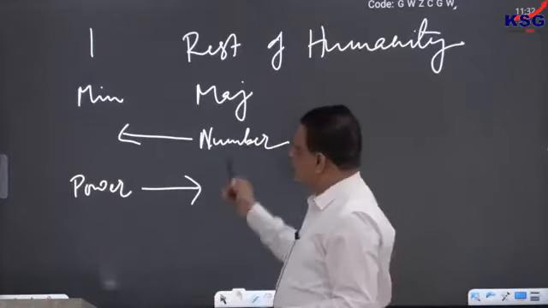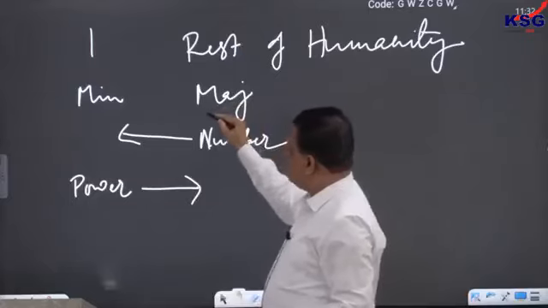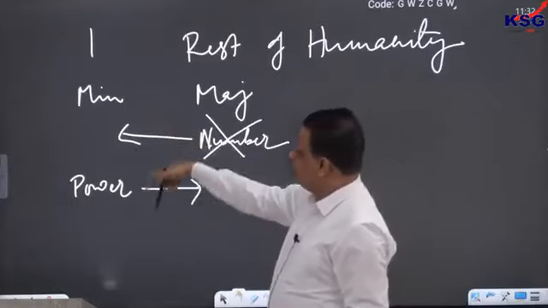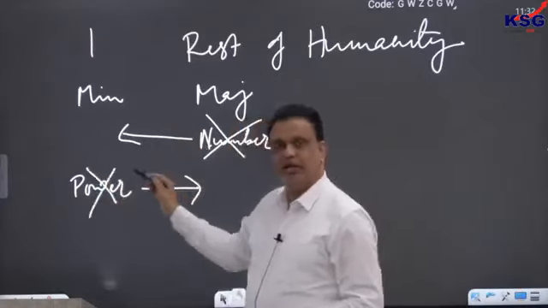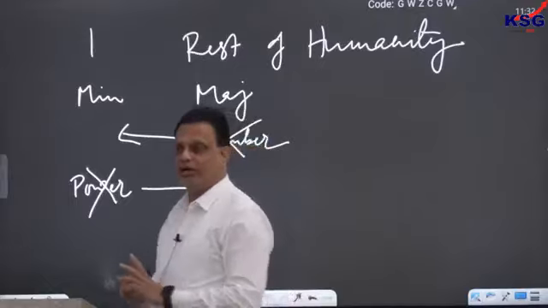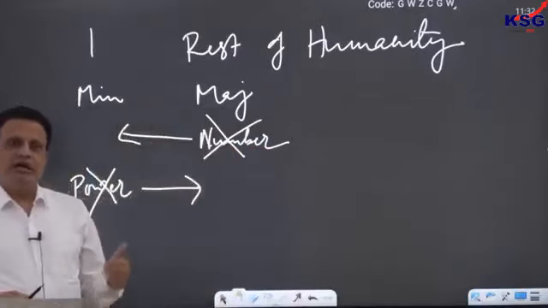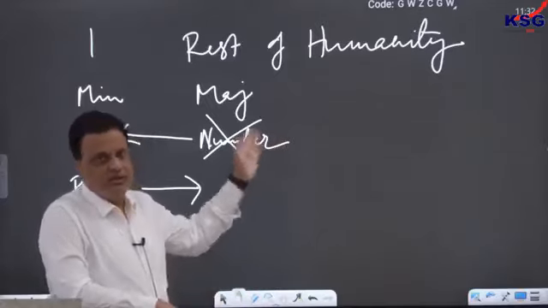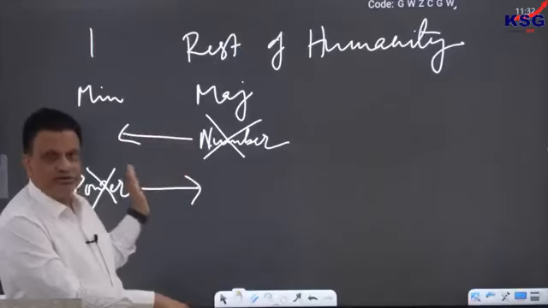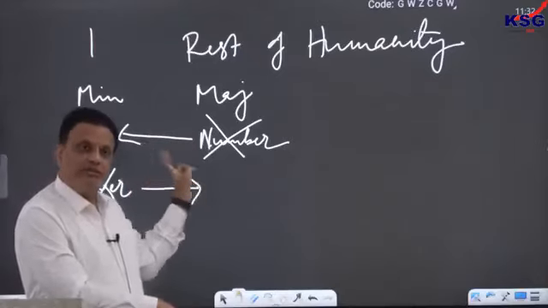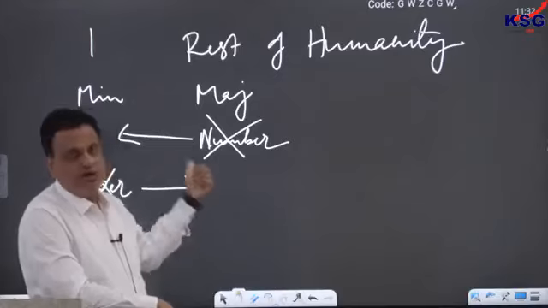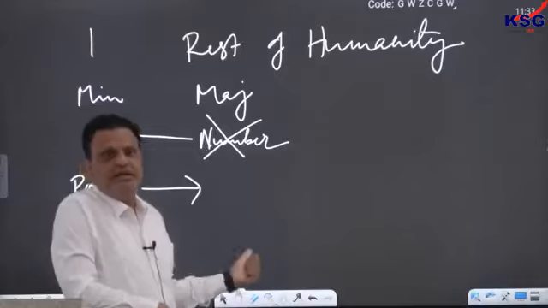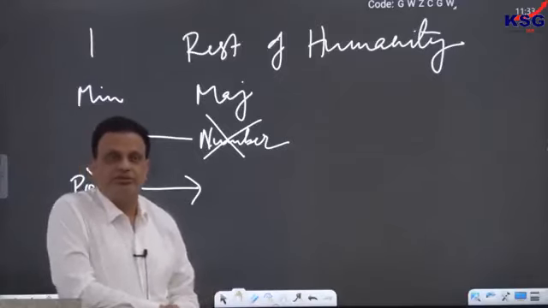Now Mill will say that no, both of them are equally wrong. The majority has no right to violate the liberty of the minority because they are in number, and minority has no right to violate the liberty of a majority because they have power. So number and power both are equally rejected as a source of violation of the liberty of somebody else. Nobody's liberty should be violated, majority or minority. It is not a question of majority or minority now. It is a question of liberty. Nobody should violate anybody's liberty, whether you are in majority or you are in minority, whether you are numerically strong or whether you have power otherwise. So that is the type of liberty that he was talking about.